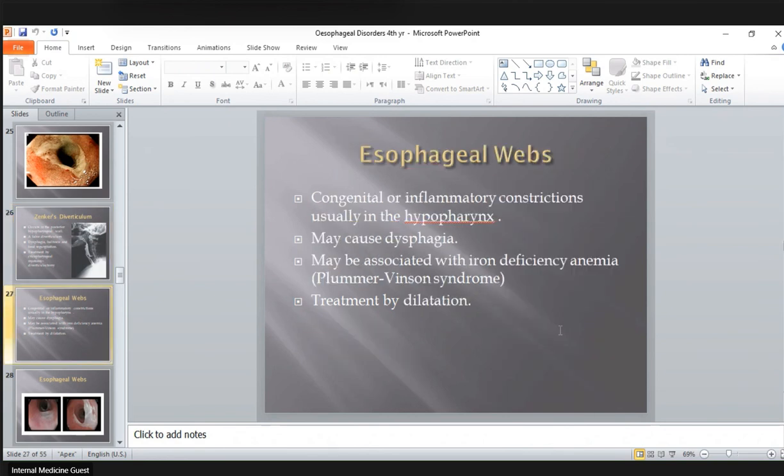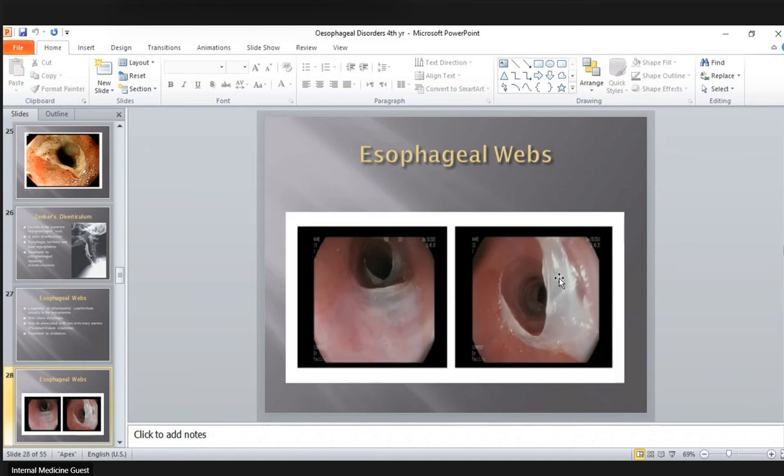Esophageal webs. These are inflammatory constrictions, usually in the hypopharynx. This may cause dysphagia. If it is associated with iron deficiency, we call it Plummer-Vinson syndrome. Treatment is by dilatation. These are the esophageal webs. We actually pass a dilator, we destroy these webs, and the symptoms usually